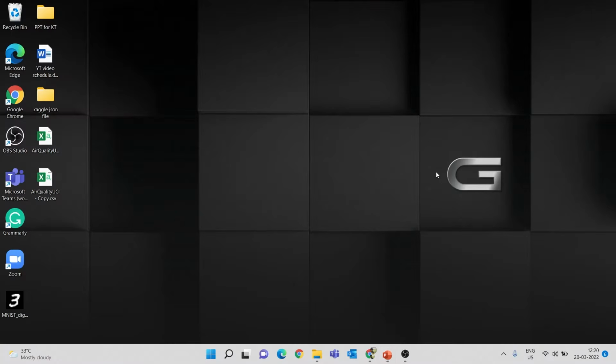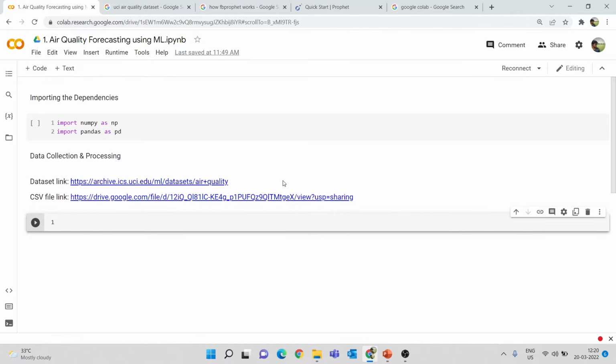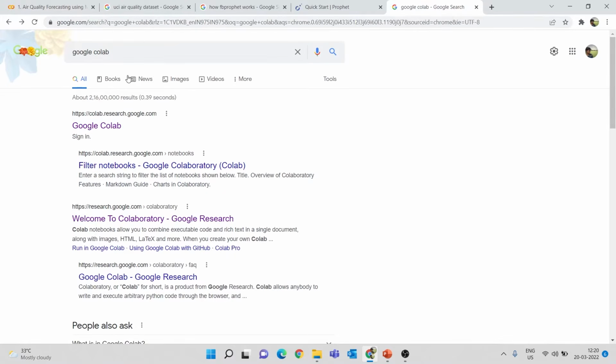Okay, so I'll open my Google Chrome. If you haven't used Google Colab, I'll just show you how you can access this. Google Colab is developed by Google. Here you can run any Python commands and Python programs and so on. Most of you might already know this. If not, I'll show you how you can access this. Just go to Google Chrome and search Google Colab. So you will see this